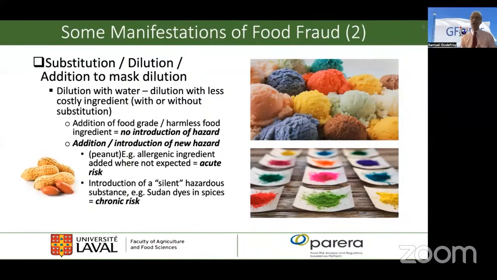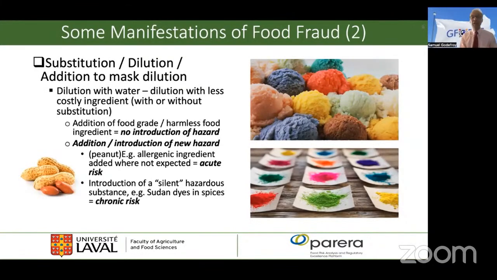So, for example, either there is an introduction of a high level of a product, like what happened with the Melamine incident, or the introduction of an ingredient that is likely to induce an acute reaction, like the introduction of a food allergen that is not foreseen. So, for example, the dilution of spices with peanut shells, and with the likelihood of the introduction of peanut with